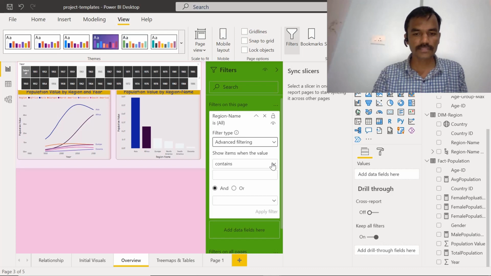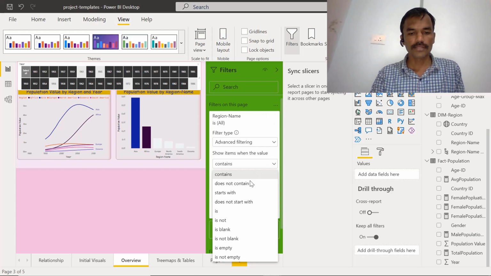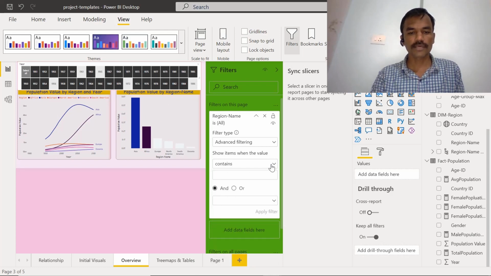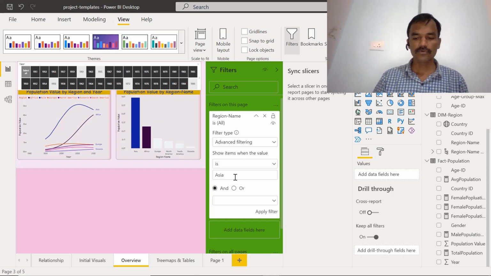Because this is a string, the operators are different, like contains, does not contain, starts with, does not start with, is blank, is not empty. Or let's say I just manually type Asia, as I just wanted to see that, and I will apply this filter.